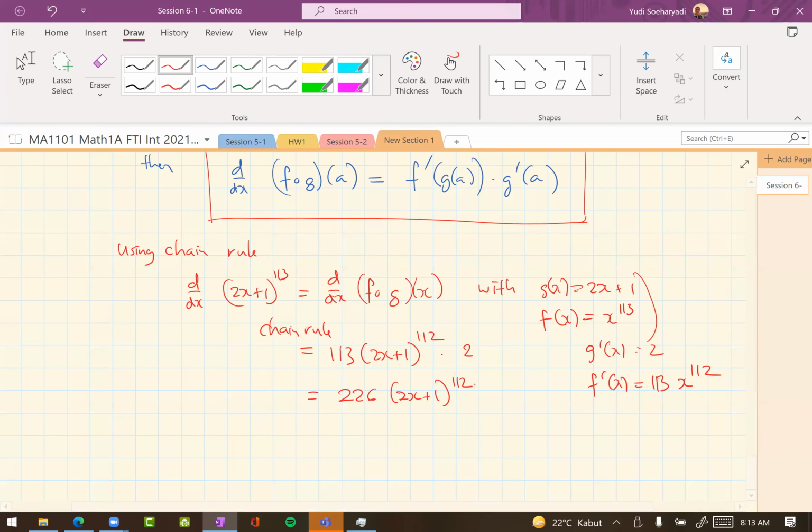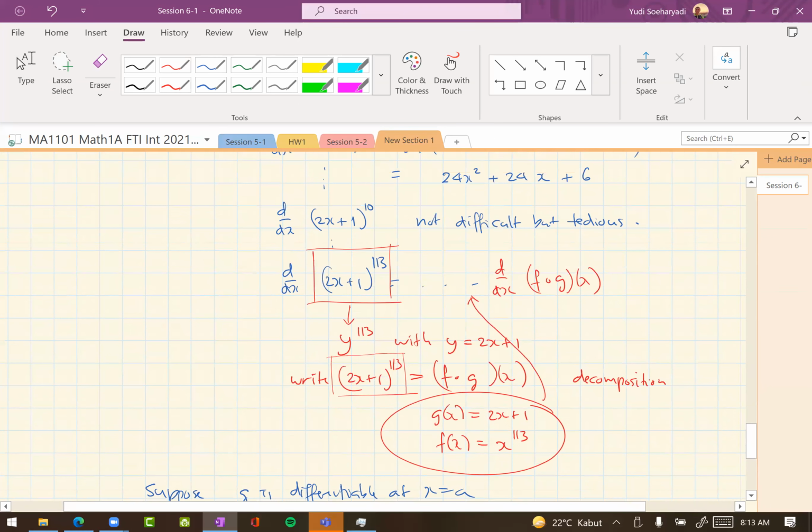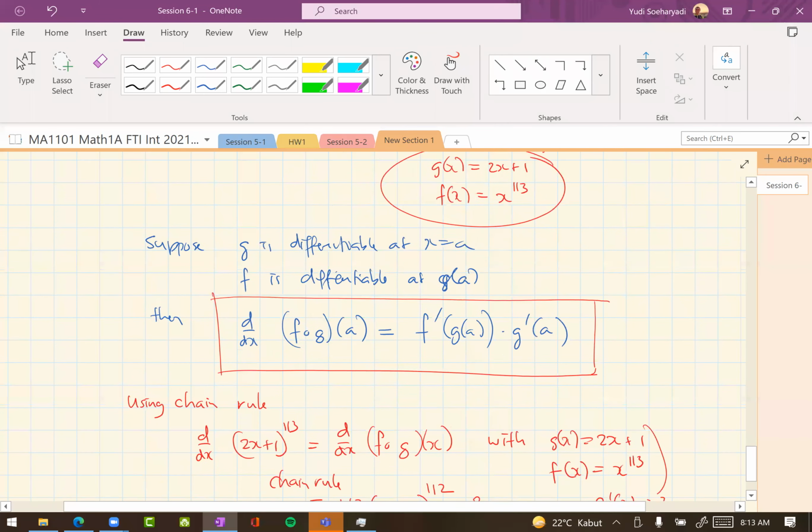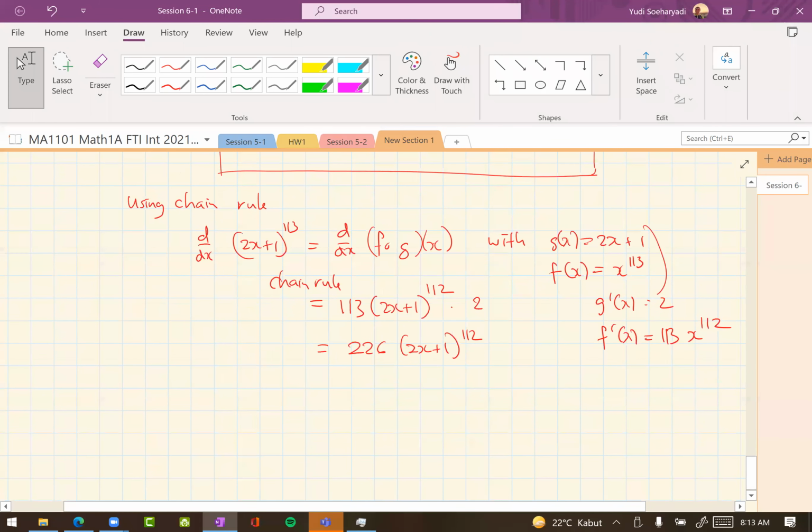Okay, so this really helps us in computing this kind of tedious thing, for example. Okay, so this is called chain rule. So why is this called chain rule? Because